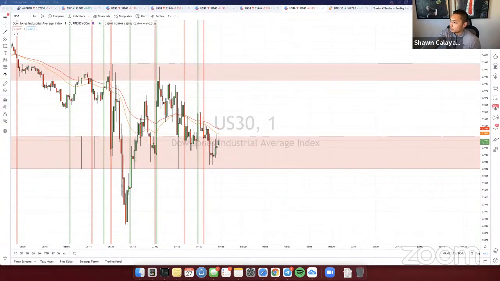So let me just scroll up really quick all the way to the top because I feel like I missed a lot of stuff here. I wasn't ignoring anyone's questions. I was just too focused on my current trade. So I'm going to go up from the top and go down from there.